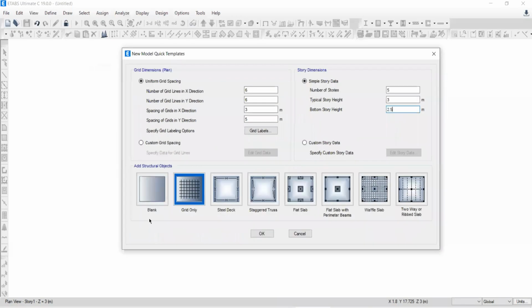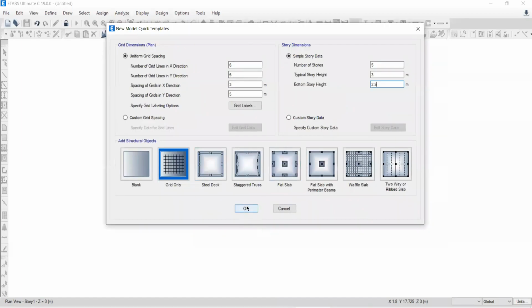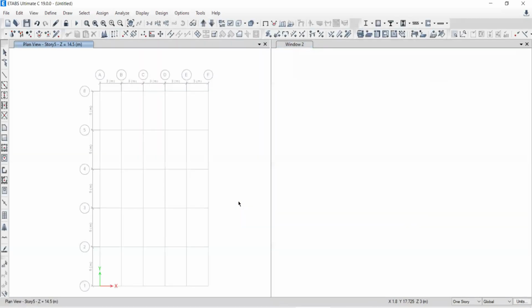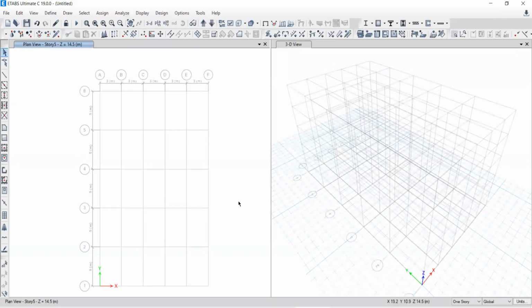Now tell me whether you would like to go with blank or with the grids. Whether you want to have the grid or not. Tell me. With grids. Okay, so now at this time we have to check this grid. If you are taking blank, nothing will be there. If you are taking this grid, as per your definition, grids will be there. Let's say simply okay. Once you click over this OK button, now your grid is automatically in front